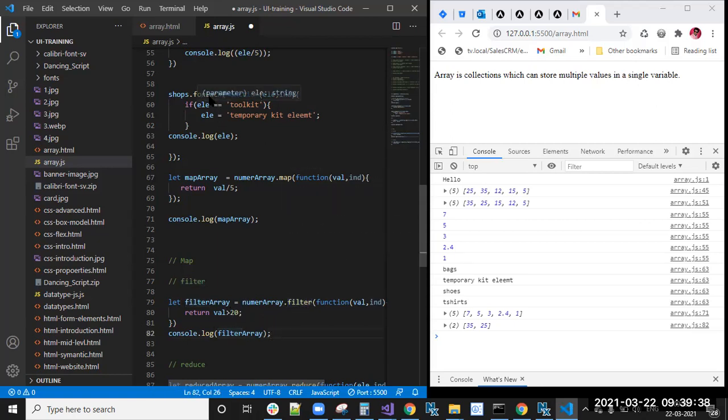The forEach loop will loop over each and every element and do manipulations only. But if you use map, filter or reduce, they have different purposes. Map returns a new array based on the condition, with the same number of elements as the original: if 5 elements are there, it will return 5 elements. That is map. And filter, what does filter do?